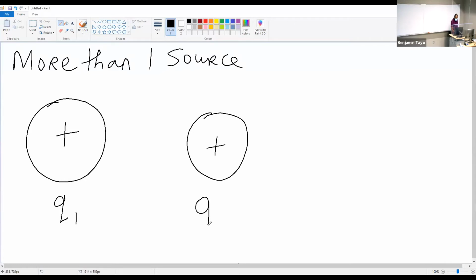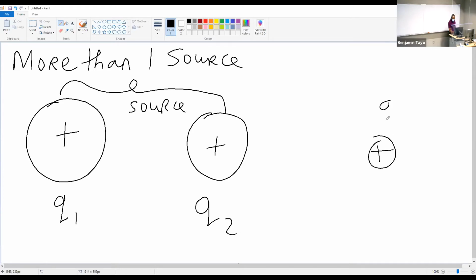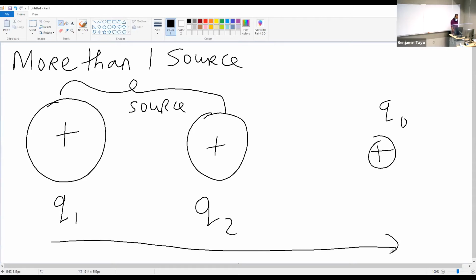Let's call this Q2. So Q1 and Q2 are my source charges. Then what if I want to calculate the total force on this test charge Q naught? I calculate the force that comes from Q1, and then I add it to the force that comes from Q2. All right? So let's suppose that the distance from Q1 to this point here, let's call that R1,